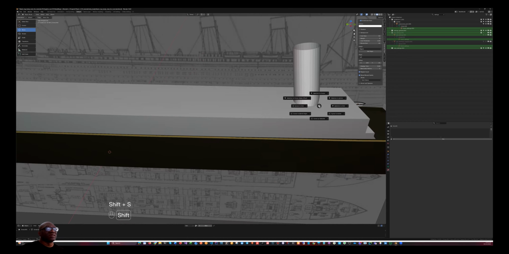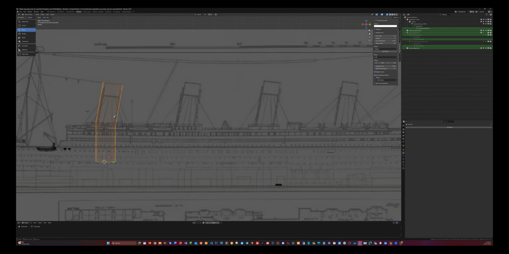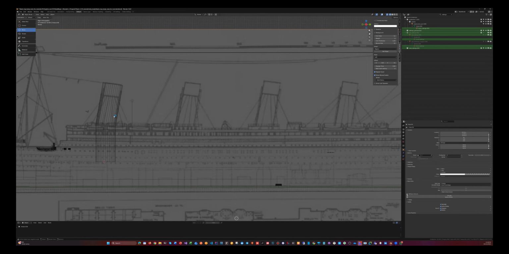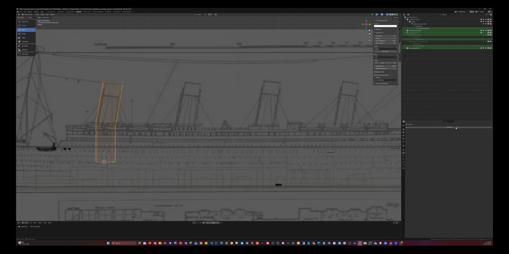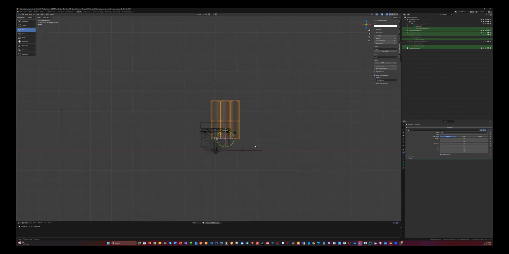So what I'll do is press Shift S, cursor to selected, so that it comes to the point where this funnel is. So I'm going to select the funnel, and then we're going to add an array modifier. I'll go to the modifier panel, click on search and type array, and you'll notice that it adds 3 funnels. If I go to the front view, you see that it's duplicating across the x-axis in the positive direction. I'm going to set the count as 2 and change the x-axis to 0 and change the y-axis